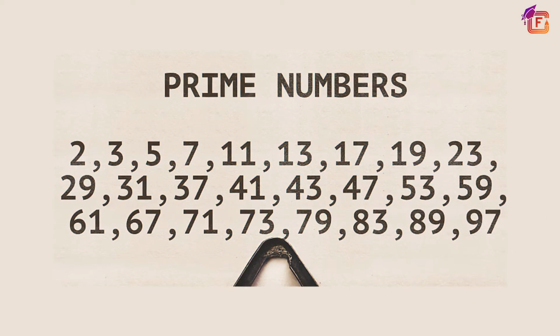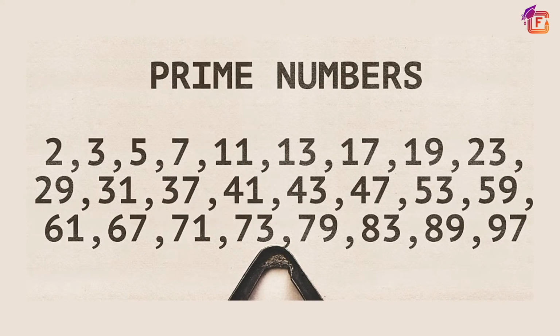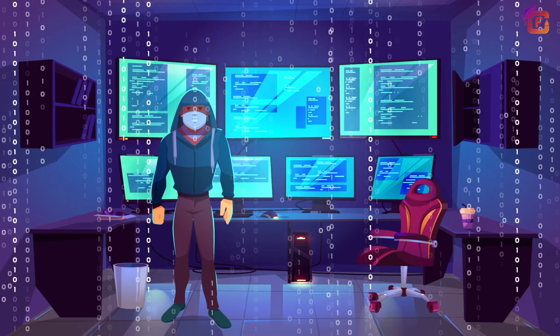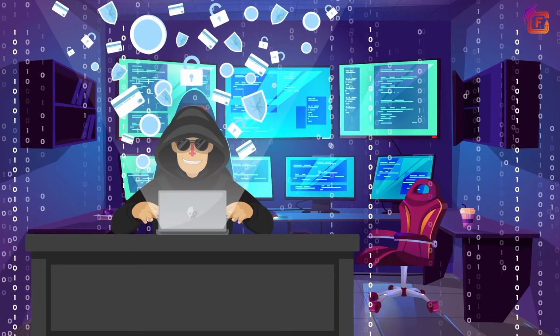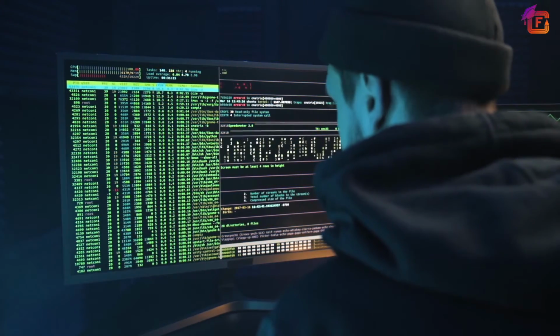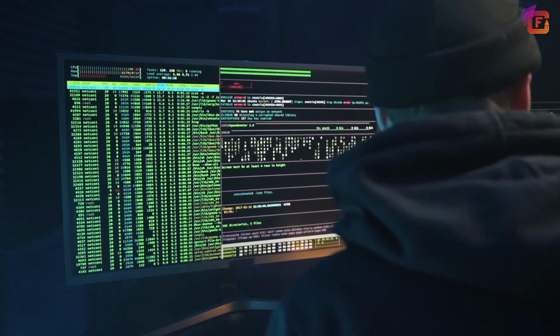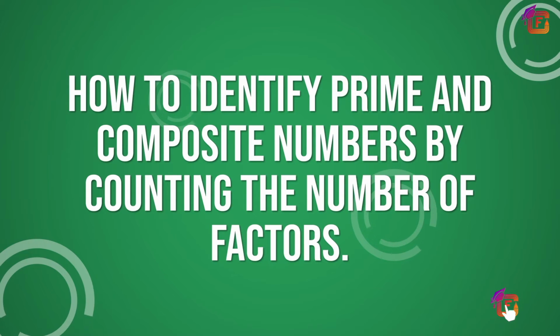Now, let us see why using prime numbers is extremely important in our daily lives. You must have known that computer hackers are famous for leaking confidential details like credit card information or financial transactions. Computer security experts always use extremely large prime numbers while developing confidential codes to safeguard the information transmitted between computers.